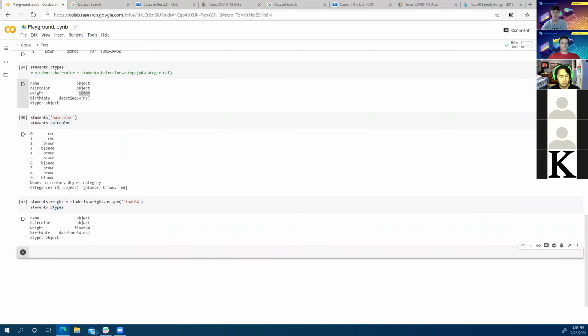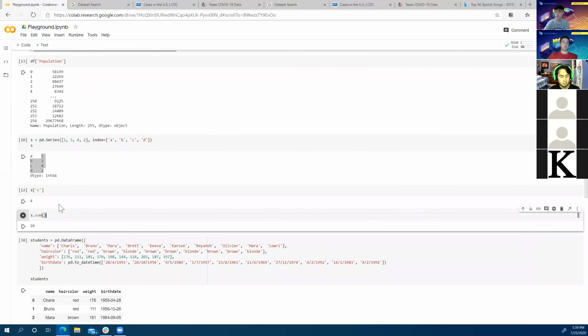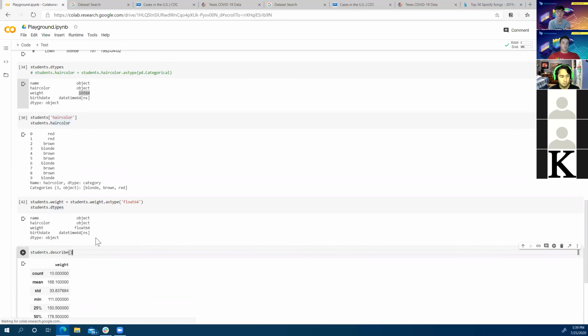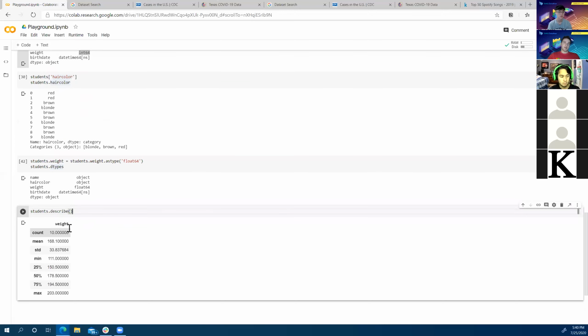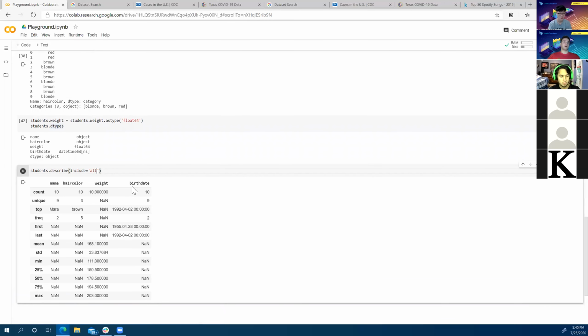All right, so we're moving on. There's a couple other cool aggregation or like quick analysis type functions. So we saw one for the series, right? So we could say s.sum, and it gave us the sum of all the numbers in the series. We can also do students.describe. And what this guy will do is it will describe, and it chooses a column for us. It chooses the one that it can find the most parameters for, but it describes a particular column. In fact, I think I can say include. If I say include all, it'll give us a description for every column in the data frame.